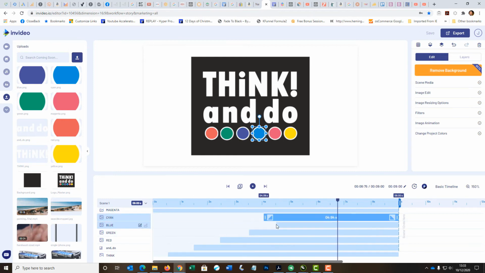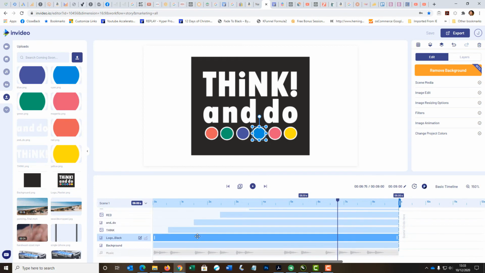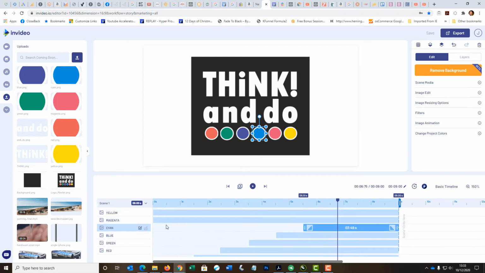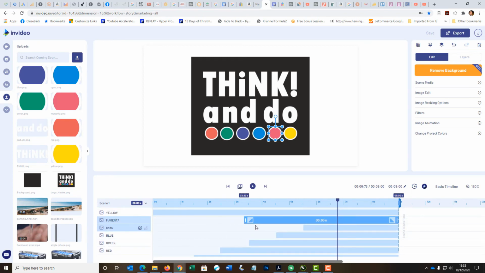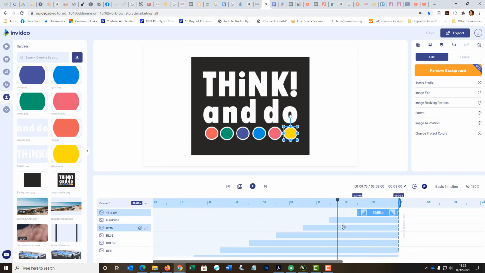But we're doing it quickly so that we can show you what we're doing. You can see by the way that you can use your mouse wheel to move up and down here. Okay, so let's take magenta and drop that in there, and then let's take yellow and drop that in there. So now if we play the scene,